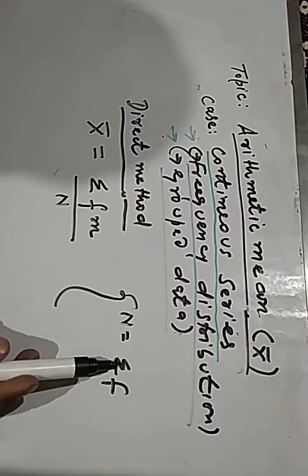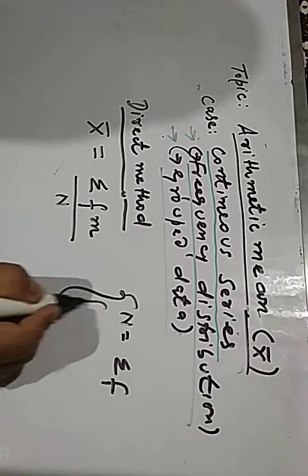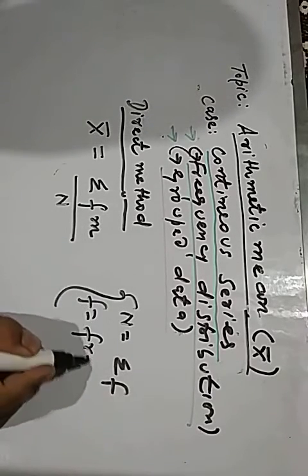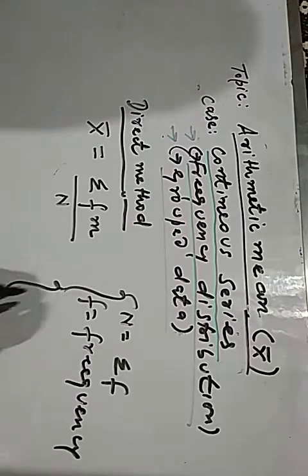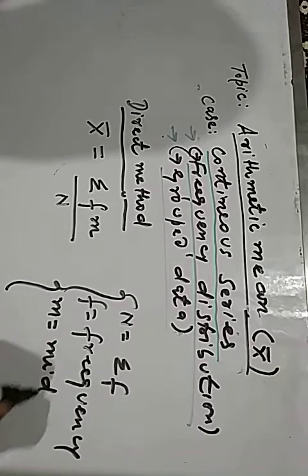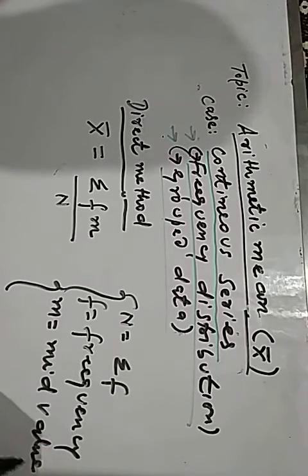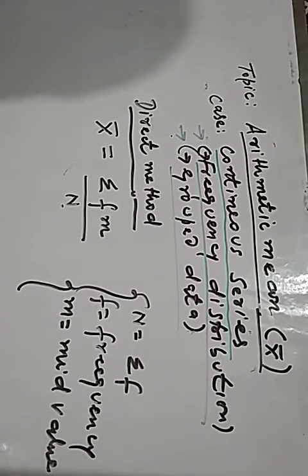Sigma, as you know, means adding up or summation, and f is frequency. f is frequency of a given variable, and m means mid value or midpoint, and n is number of observations that is shown in frequencies,